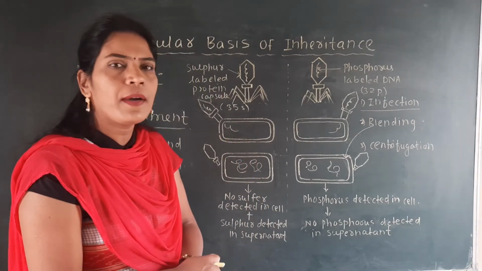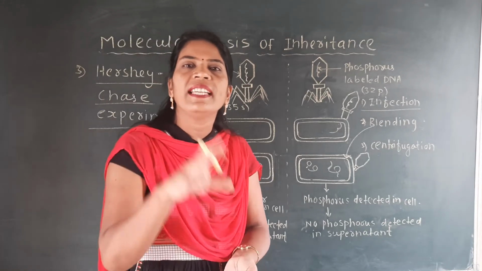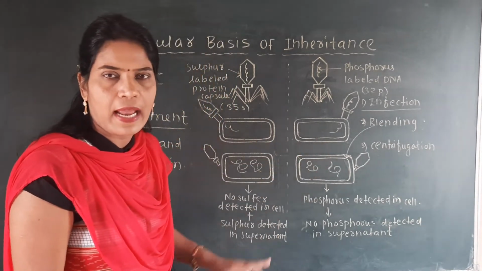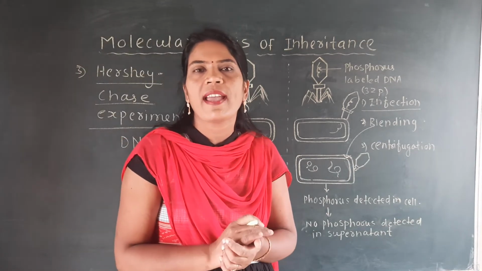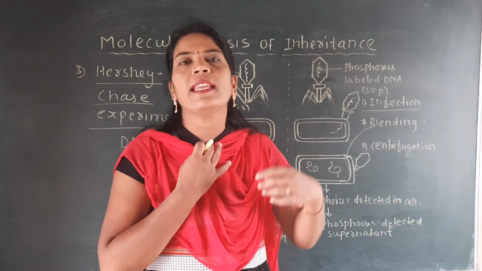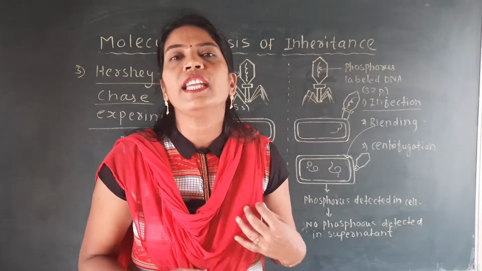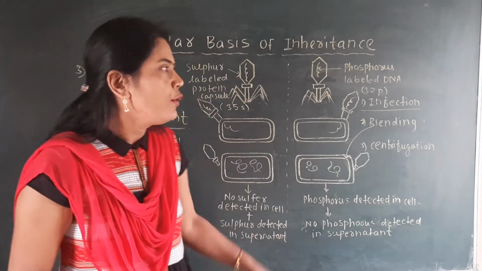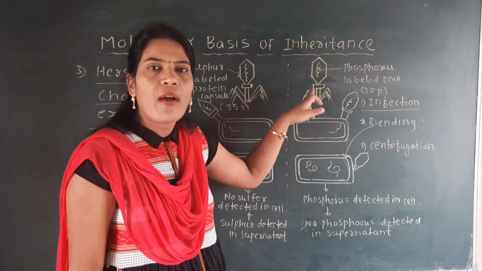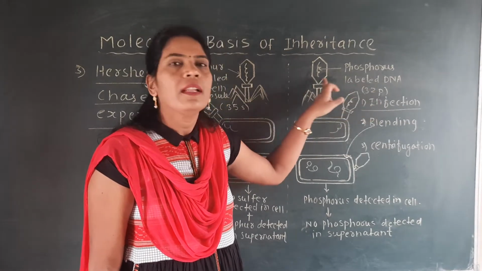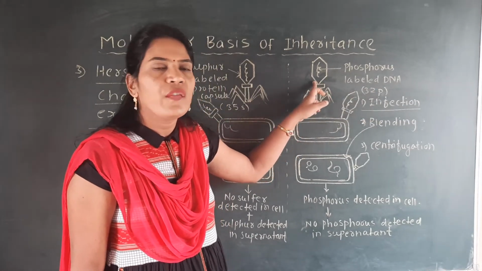Then what happened? He has also taken the E. coli bacteria. So these bacteria are the essential E. coli bacteria. After the growing of that virus in a phosphorus and sulfur medium, he allowed these viruses to infect the E. coli. So here you will see that the viruses which grow in a phosphorus label medium, these viruses get infected